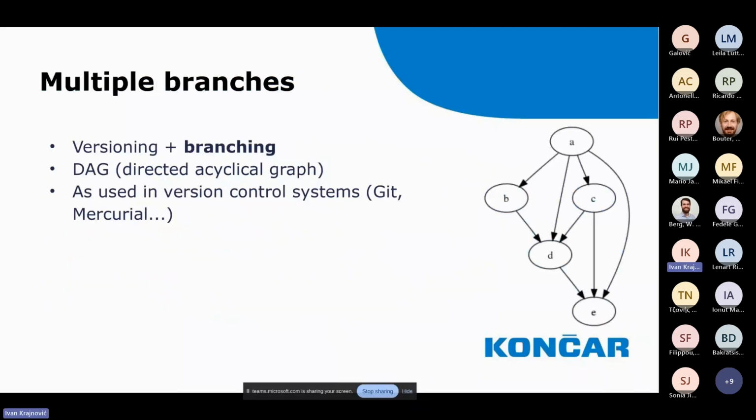As we said before, we have branching that's inspired by modern version control systems, be it Git, Mercurial, whatever. So you have branching. You use a production branch and then you branch it to your own private repository, make some changes, and then you can do calculations on this modified branch, whatever. So it's good for experimenting, good for having multiple sources, whatever.